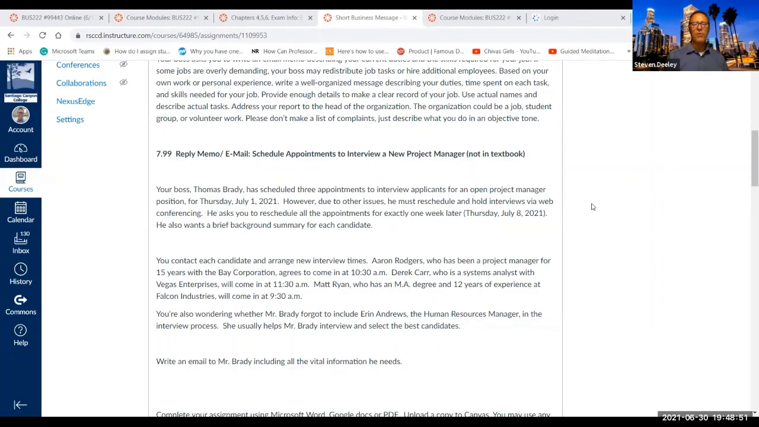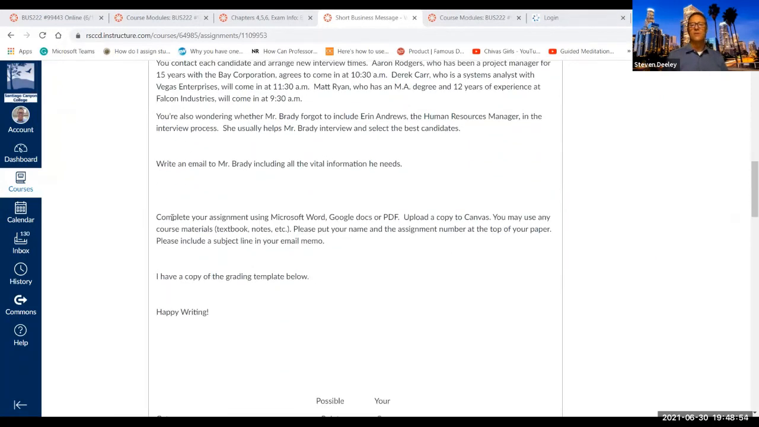So you will need to pick one of those 3 assignments, okay? And you'll use either Microsoft Word, Google Docs, or you can upload it as a PDF. Please do not use Apple